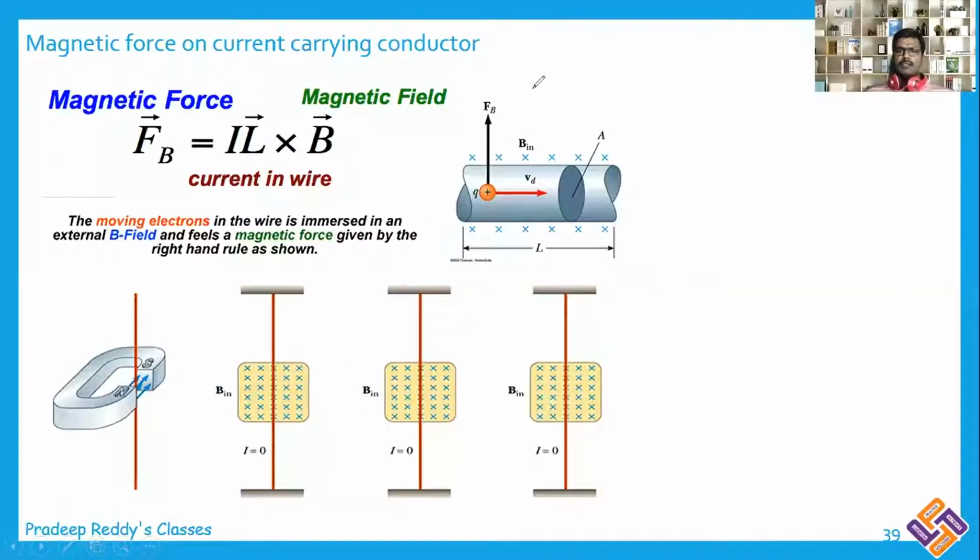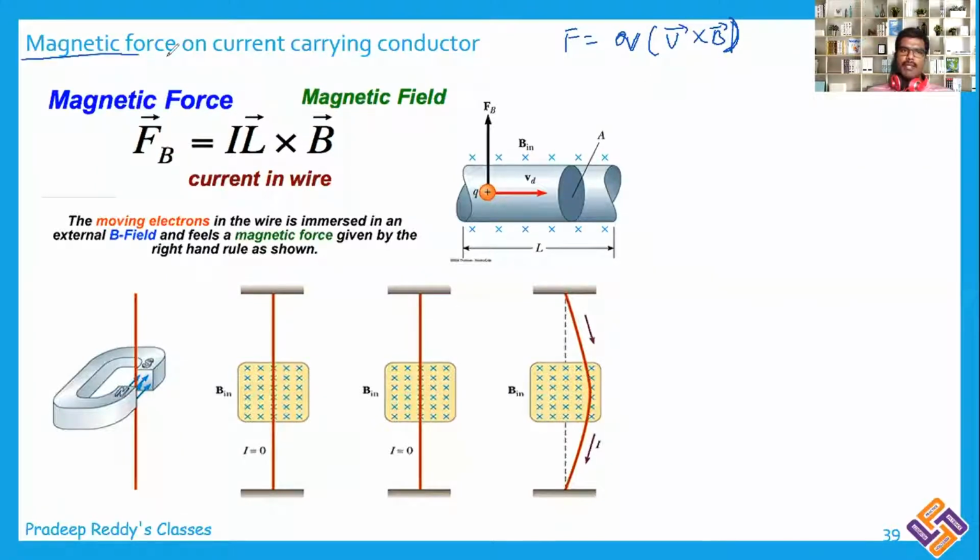Students, in the last few videos, we have learned that when a charged particle enters a magnetic field, it experiences a force, and that force is given by Fleming's left hand rule, and that force F is equal to q into v bar cross B bar. But for an individual charged particle, like when we are considering a current carrying conductor, we need not take an individual charged particle. We will be taking a current carrying conductor.